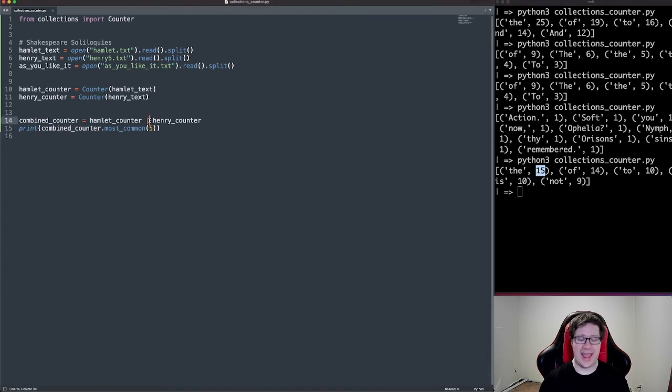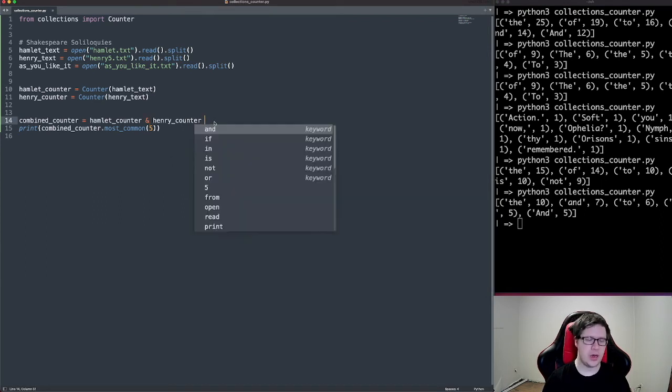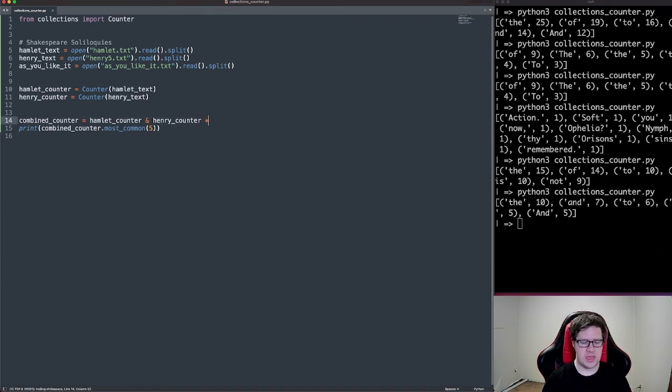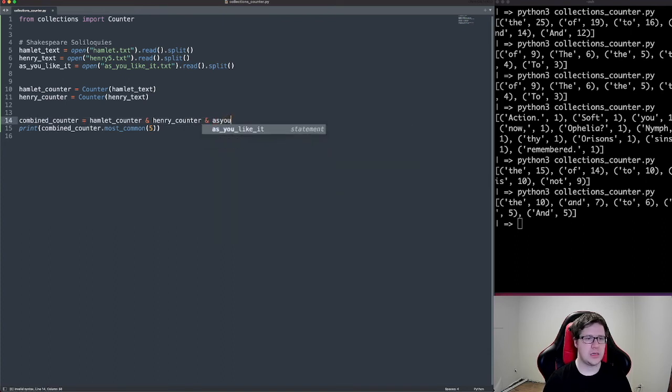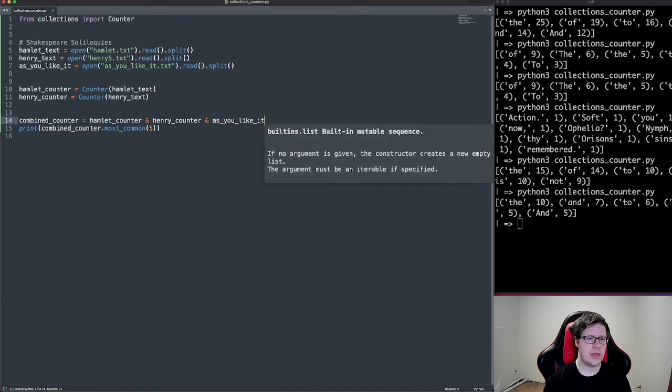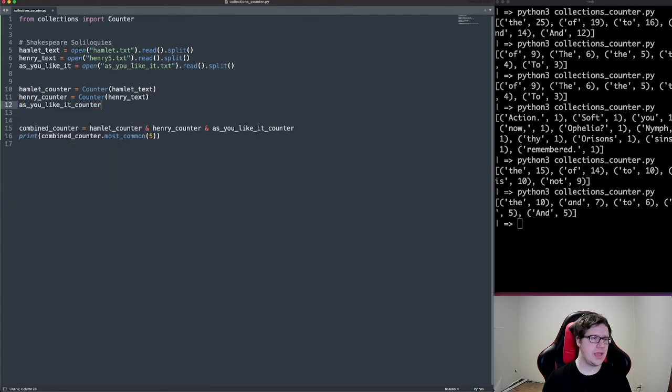Similarly, we can use an and symbol. Oh, there we go. And when we run the and symbol, we get only what is in both of them, or rather the minimum, right? It's the minimum of the two, what has the least value in the two counter objects. And we can string this together with the same thing from something like the As You Like It counter. So if we did the same thing with As You Like It,